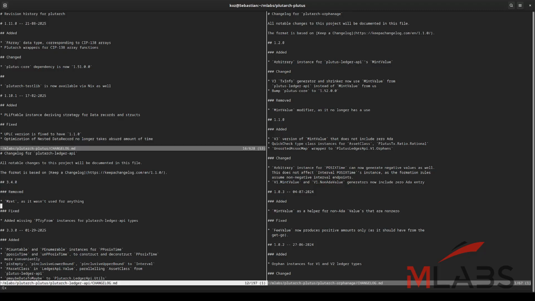For Plutarch Ledger API, we have removed the mret new type as it was no longer being used for anything. And also we have reintroduced a set of PTryFrom instances that were needed for several downstream dependencies that had been removed previously. Plutarch Orphanage has also changed in that we now have added an arbitrary instance for the mint value